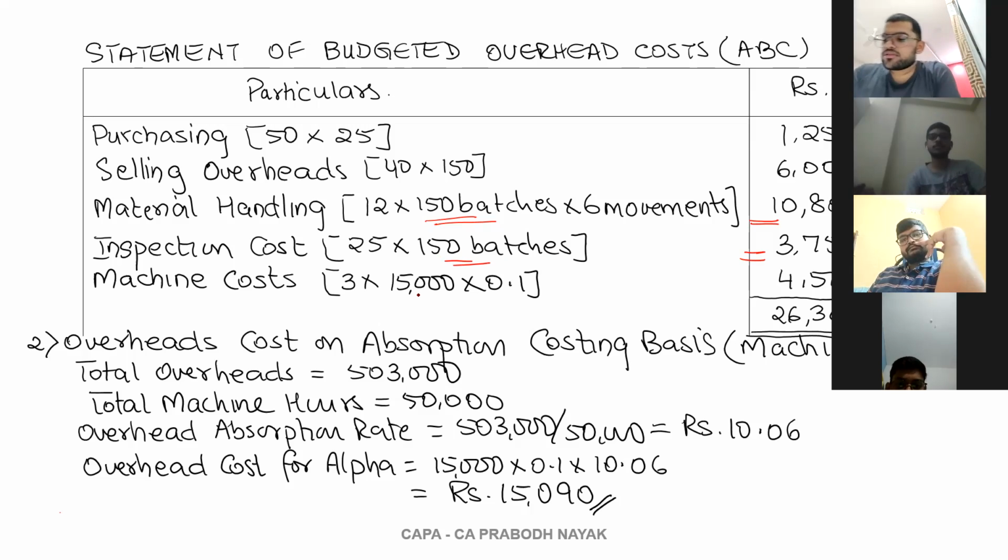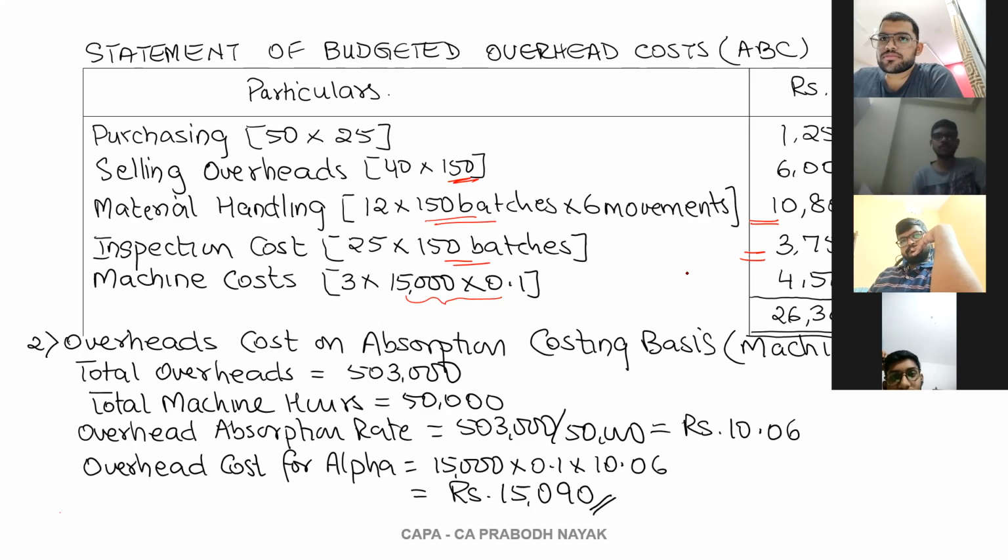1,500 hours are required for producing the commodity. So can I reduce the machine hours? If I have to reduce the machine hours, I should increase my speed of production. So the number of hours is to be reduced, and for that purpose I will have to increase the speed of production. What else can be done? Even here I can reduce the number of purchase orders.